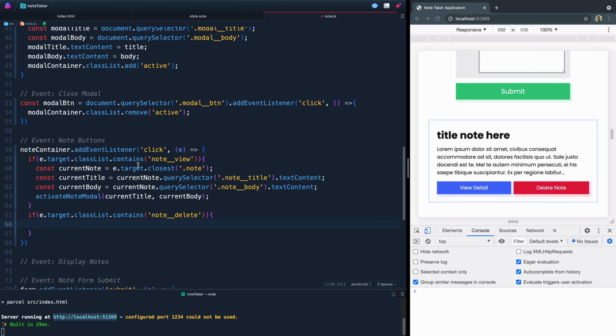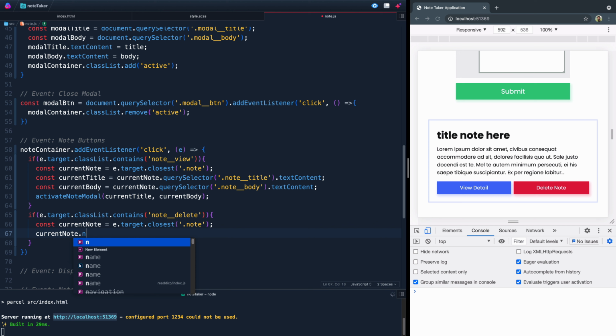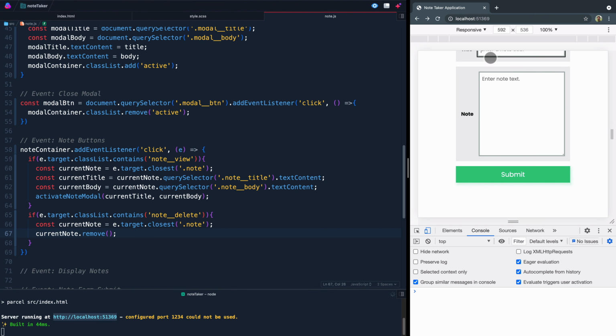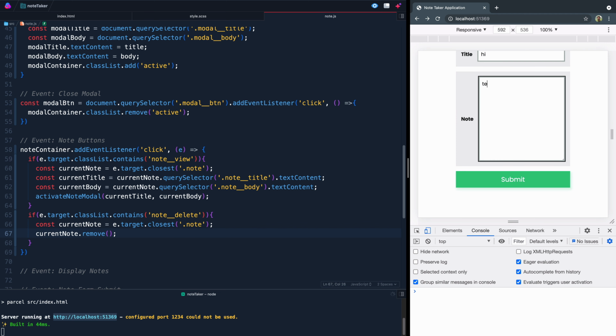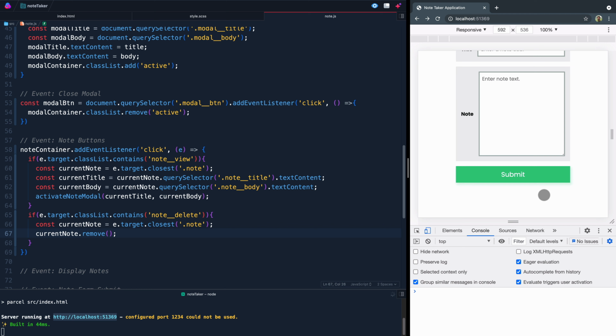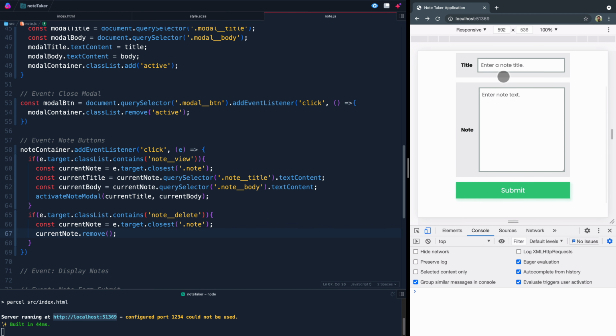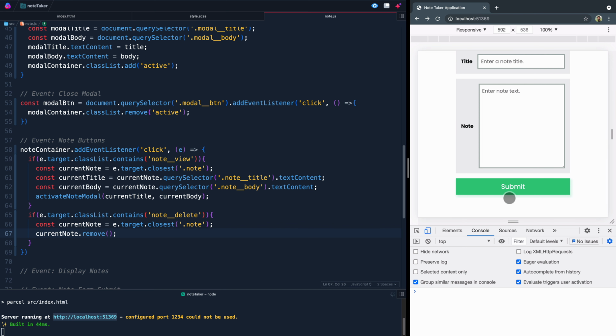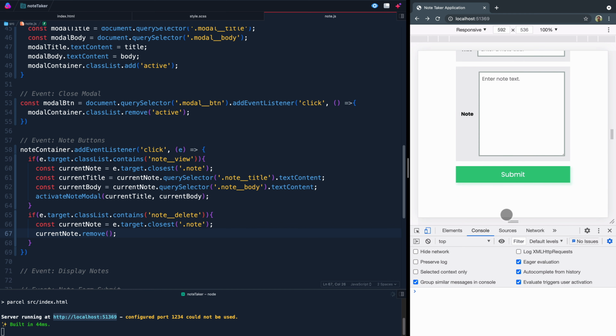And we want to go ahead and grab this current note as well, so we'll just scope it here and call it the same thing. And now we're going to want to just say current note dot remove. All right, so this is a little bit easier. We just have to grab the grandparent, come in here, and when we click it, it should grab the grandparent itself and then delete the note, remove it off the DOM. Okay, so we've got some basic functionality. You can enter a title, a text, and then submit it, and then you can show it and you can